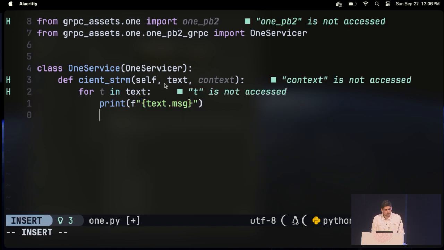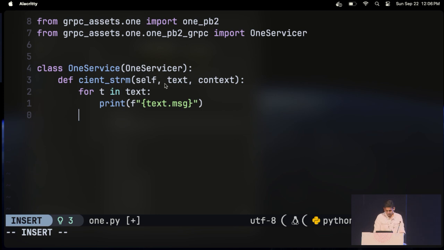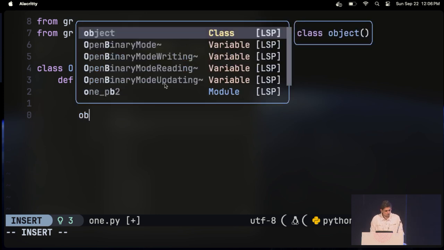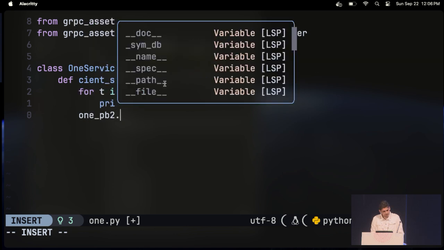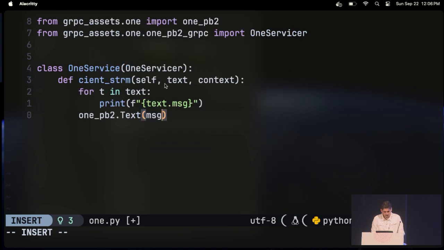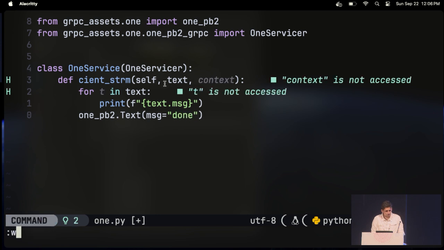And as far as the response is concerned, that's also supposed to be text. So let me take the pv2 object that's imported for us and return a text with msg done. So this is the server code. I'm not printing text, sorry, this should be t.